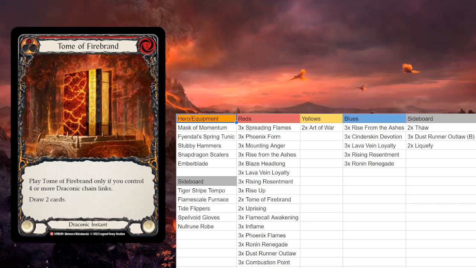Then Tome of Firebrand. I only have 2 of these in the deck. This is an amazing card. I'm just going to be curious to see how often you can actually get it off. Because play Tome of Firebrand only if you control 4 or more Draconic Chain Links, draw 2 cards. So basically the way this is going to have to work ideally is you play a Go Again starter that's 0 cost. Then you pitch a blue to play Emberblade, which will give you 2 links. You have 1 floating, and then you play